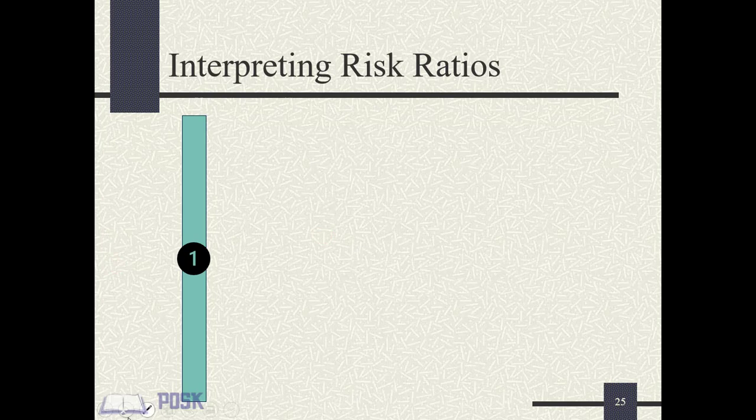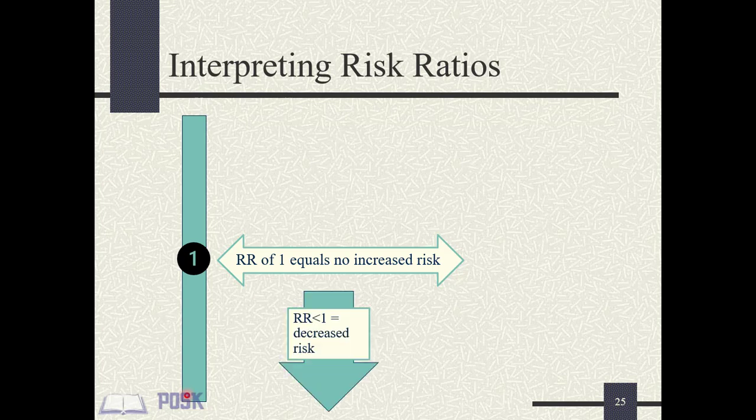Relative risk always starts from 0. A relative risk of 1.0 means that the risk of the event is identical in the exposed and control samples, whereas a relative risk that is less than 1.0 means that the risk is lower in the exposed sample, while a relative risk that is greater than 1.0 means that the risk is increased in the exposed sample. Relative risk is widely used in medical research.